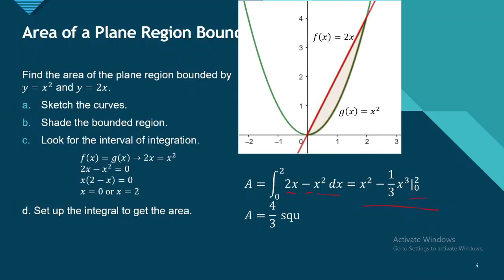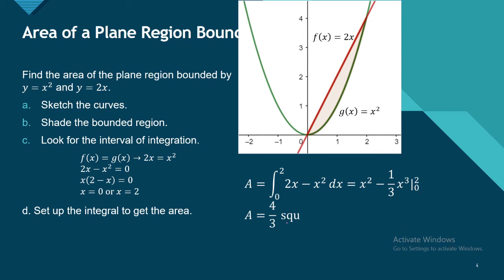This is equal to 2 squared minus 8 over 3, minus, you will substitute 0 into your antiderivative, and that is just equal to 0. So this is just equal to 4 minus 8 over 3, and that is equal to 4 over 3 square